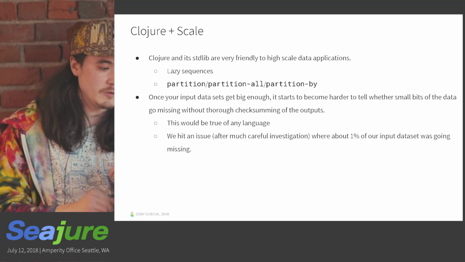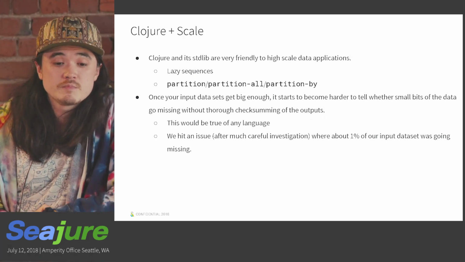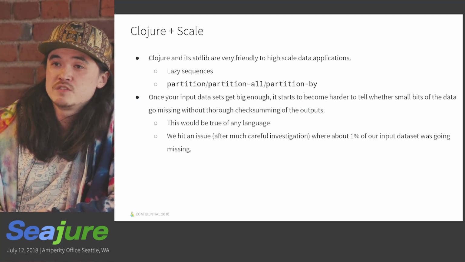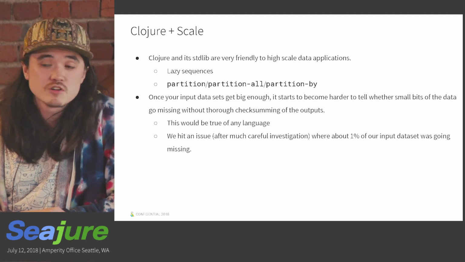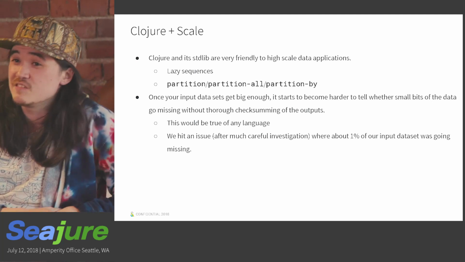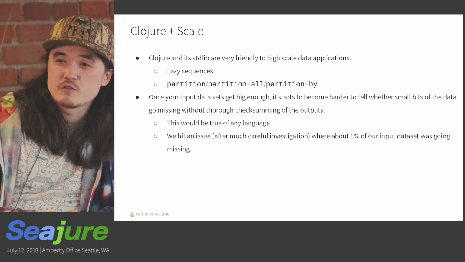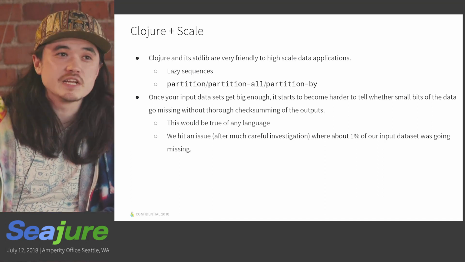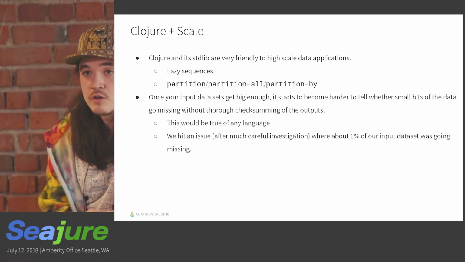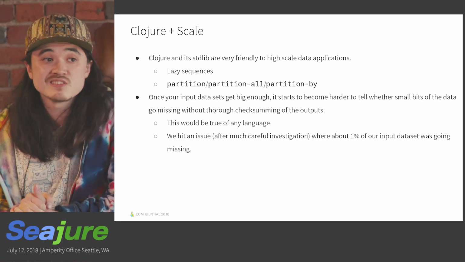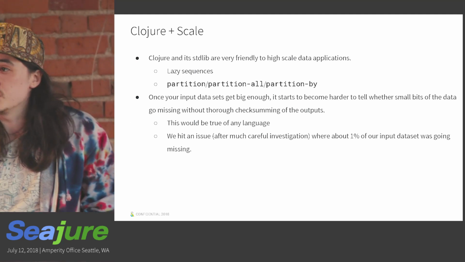But I'll make a caveat and say, once your data set gets big enough, it becomes harder and harder to convincingly say that everything about the output of a transformation you've applied to that data set is 100% correct. It's really easy to eyeball or automate a system that operates over 100 rows to identify when 1% of your data goes missing. When you've got hundreds of millions of rows and 20 million of them change every single day by design, it becomes much trickier to identify concretely when 1% of your data set goes missing.